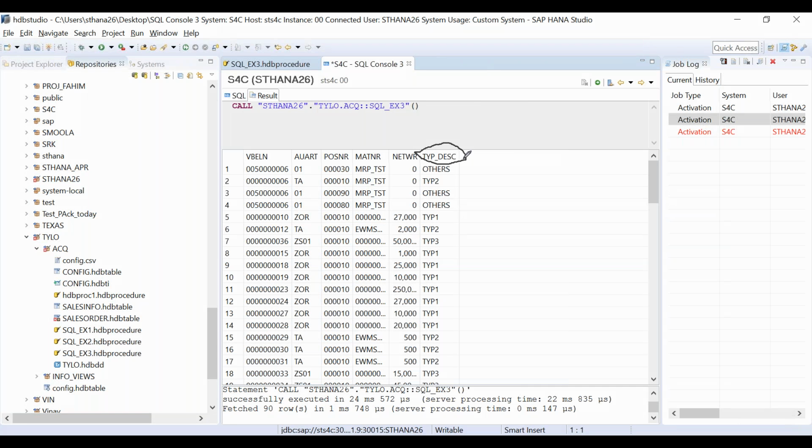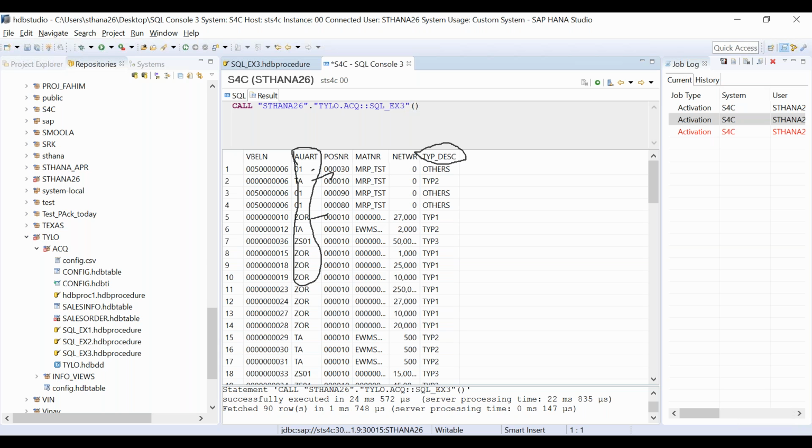And what was our condition? My condition was dependent on AUART, that if 01 is there, TA is there, ZOR is there. So this is not saved. This is a runtime output. This type_description is not going to be saved into any database table.